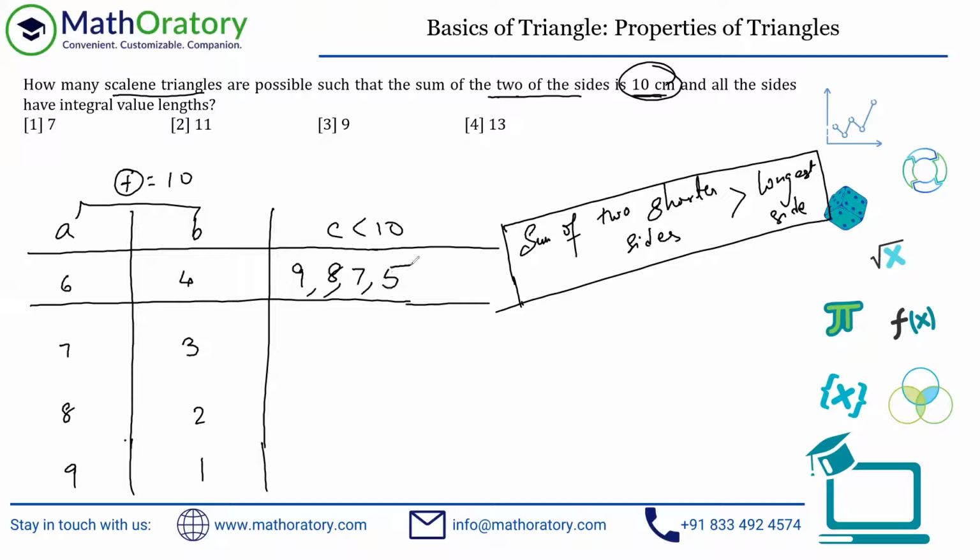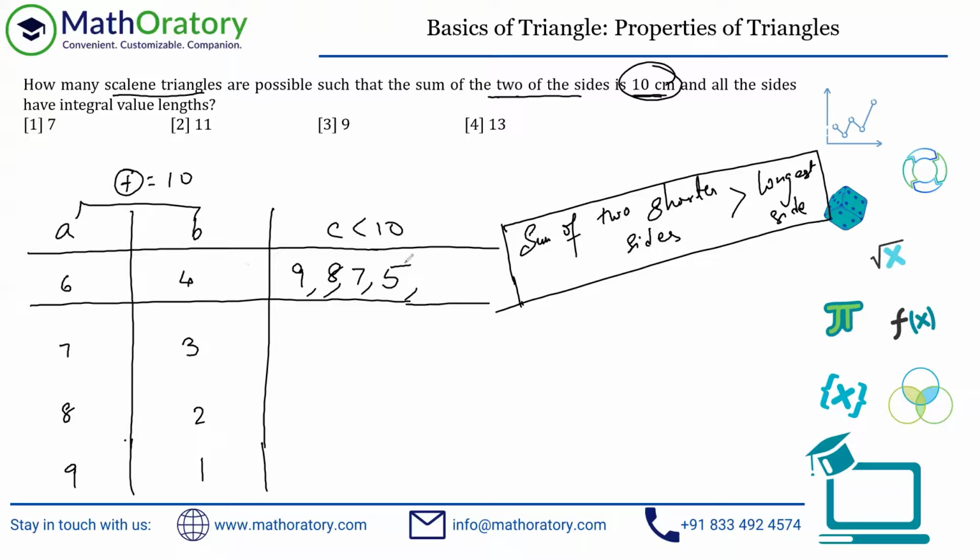If I consider 5, now this is the part where you have to be careful. So 4 plus 5, because these are the two shorter sides now. Understand what I'm saying. If I consider one side to be 6, another side to be 4, and the third side to be 5, then the two shorter sides are 4 and 5, right? So this is what you have to consider: 4 plus 5 should be greater than 6. It is greater than 6. So effectively 5 is also acceptable. We can take 5, no issues.